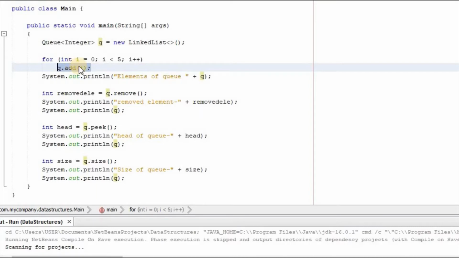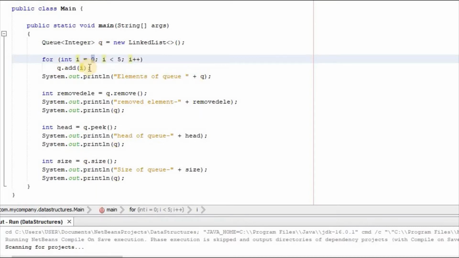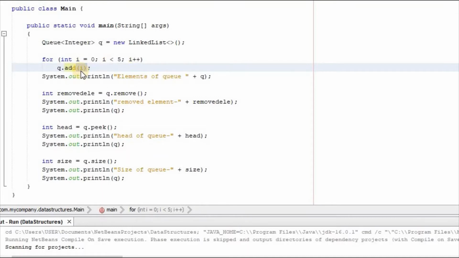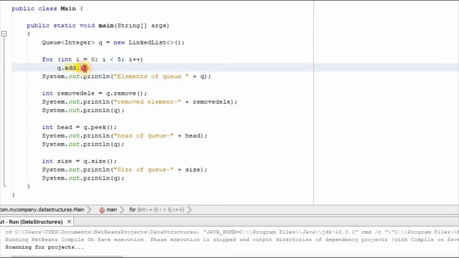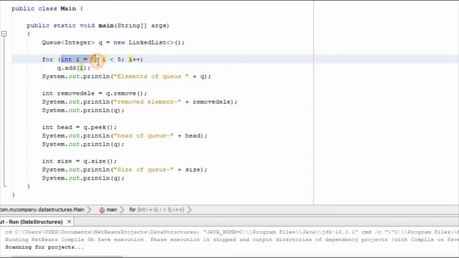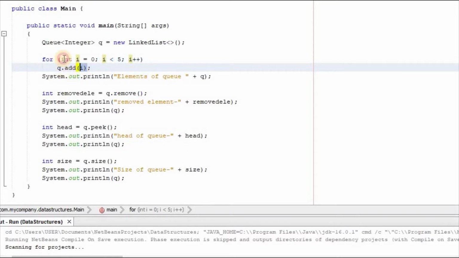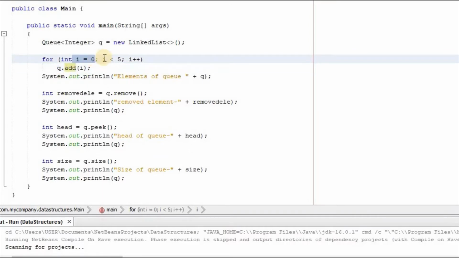Then next iteration of the for loop, my i will become 1. So I'm going to add 1 to my queue. At that point, I've got 2 elements in my queue, 0 and 1. Then next iteration, my i becomes 2, so 2 gets added into the queue. At that point, my queue contains 3 elements, 0, 1, and 2. And the next iteration, i becomes 3. 3 gets added. Next iteration, i becomes 4. 4 gets added. Next iteration, i becomes 5, but 5 is not less than 5, so we exit the for loop,